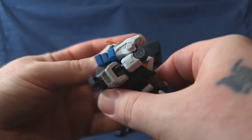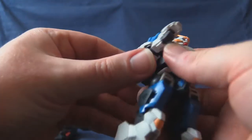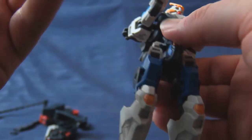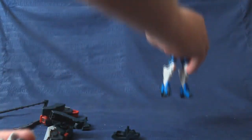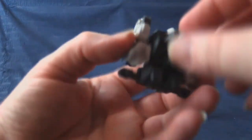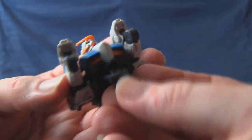Or we have to, well, let's start with the underside. This is going to be easier. Secondarily, it might actually be easier had I looked at the instructions previously. Now, the one thing I dislike about IBO kits is the tiny waist makes it very difficult for things to stand. As you can see, what's on here